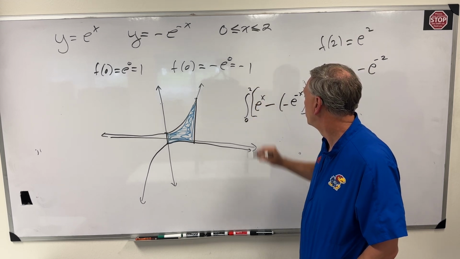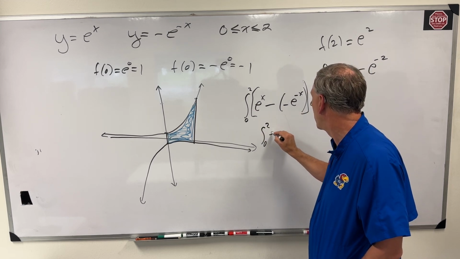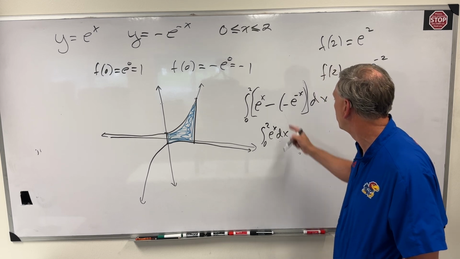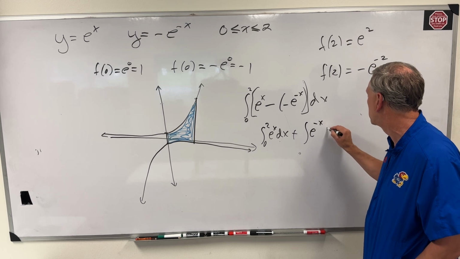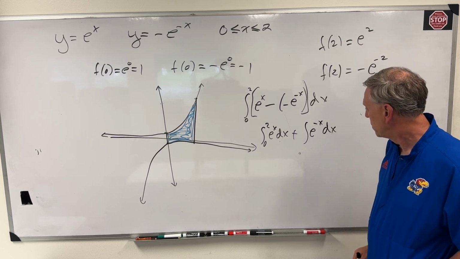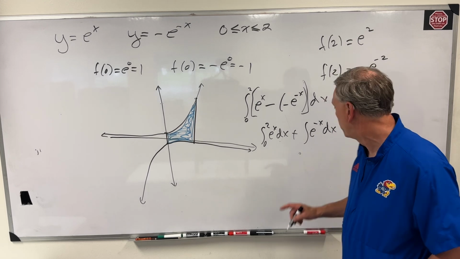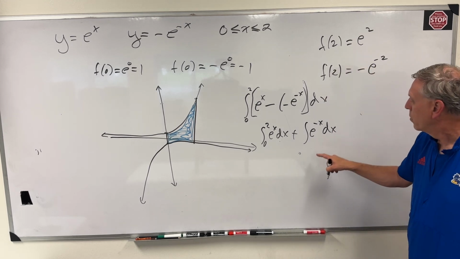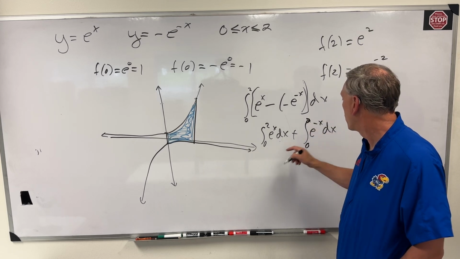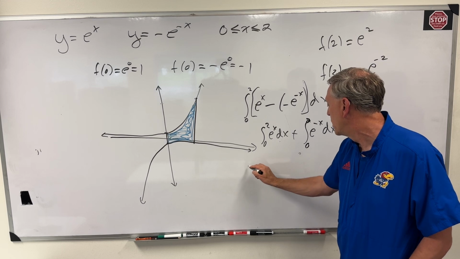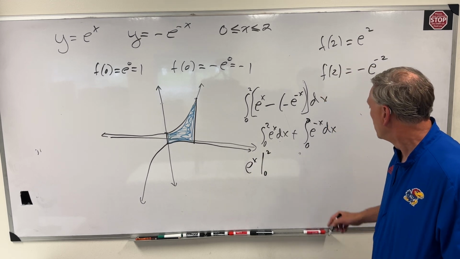from 0 to 2. All right, so we can split these integrals. We have the integral from 0 to 2 of e to the x dx. Very simple integration. Minus a minus is plus, so we have plus the integral of e to the minus x dx. Mostly this is not a challenge, but right here, we know the integral of e to the x, from 0 to 2. The integral of e to the x is e to the x, evaluated from 0 to 2. But this one,